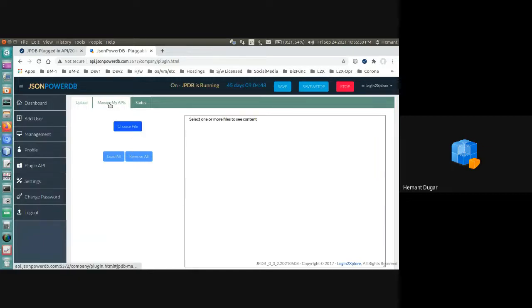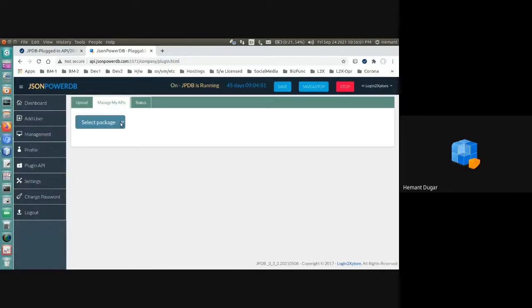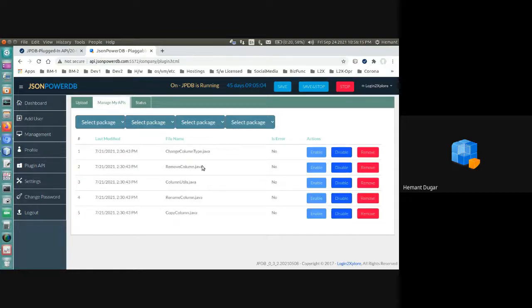And if you want to see what all APIs are present here, go to manage API, JPDB, select another package like IML, select package drive and column. So you can see that in version 01, these many pluggable APIs are already running here: change column type, remove column, column utils, rename column and copy column. So these pluggable APIs are not serverless, they are database APIs.